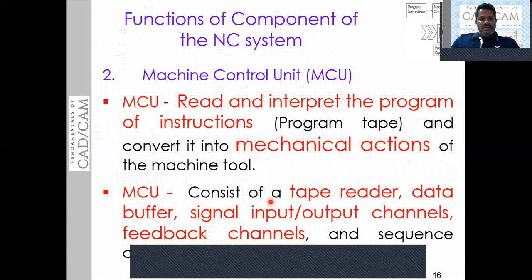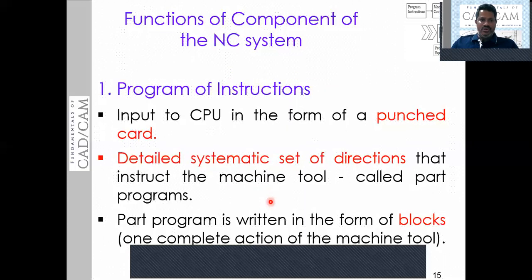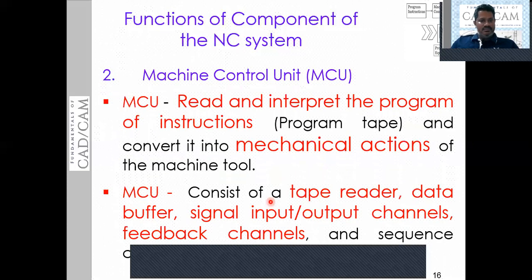The second one, the function of the machine control unit, in brief MCU, is to read and interpret the NC program, as we have already prepared. The function of this machine control unit is to read and interpret the program of instructions on the program tape.